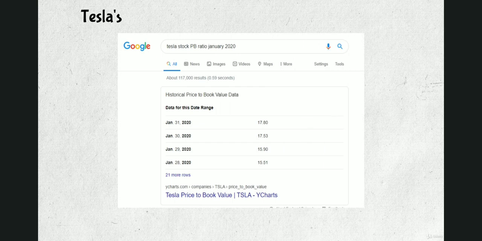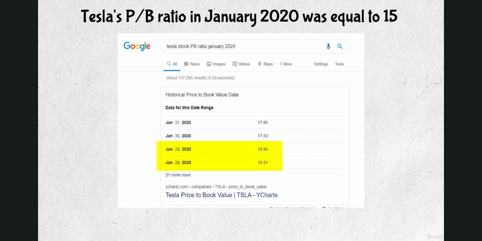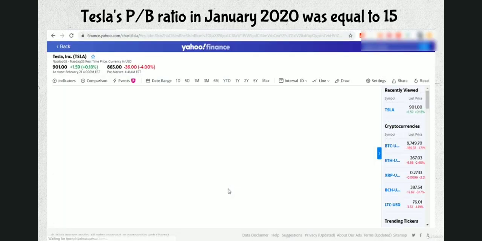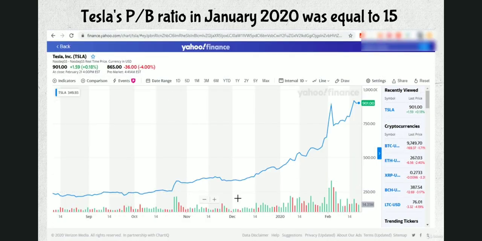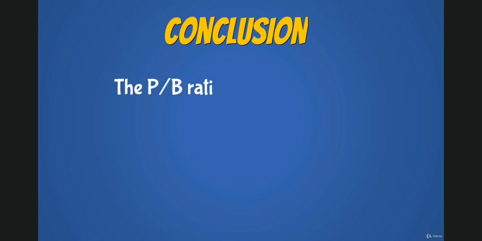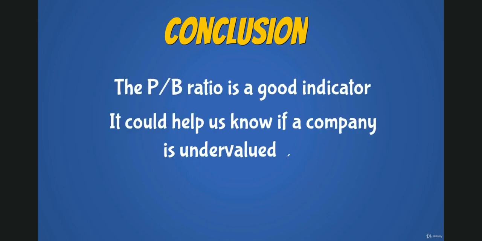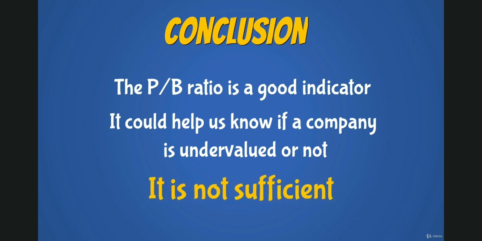For example, Tesla's PB ratio in January 2020 was equal to 15, and the price of shares was growing exponentially because investors thought that Tesla had great potential. So, to conclude, the PB ratio is a good indicator and could help us know if a company is undervalued or not. But it is not sufficient. And we have to consider some other factors,